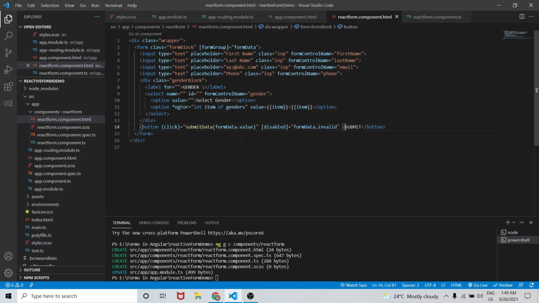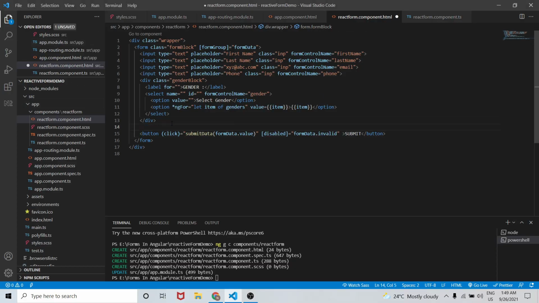So let me do one thing. Let me create one more input element here. So input, and let class be as int, and the placeholder should be the father's name. Okay, and let me add a form control name as father name.